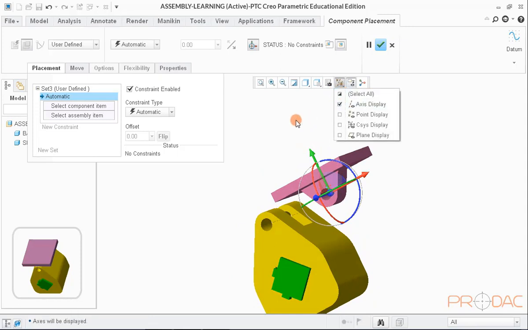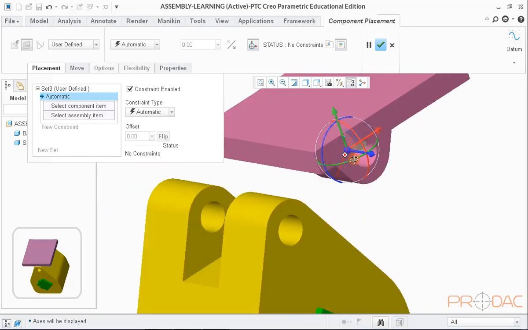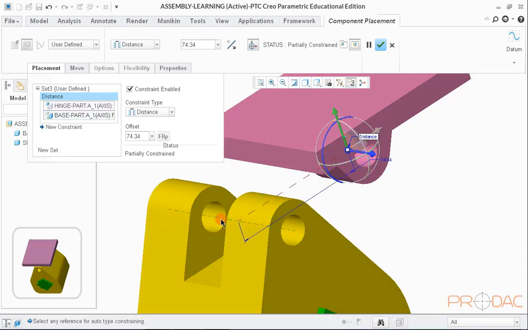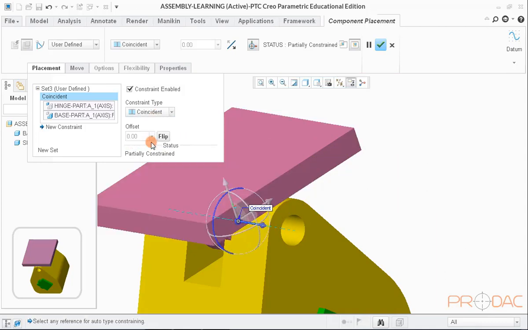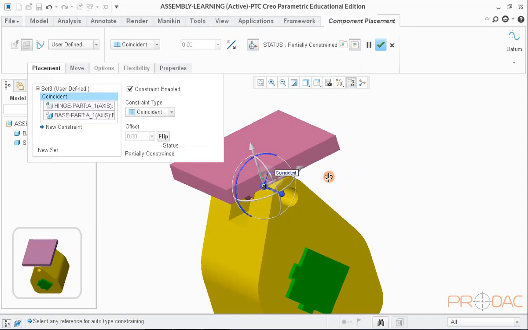Now, select the axis of both the parts one after another, and change the constraint type to coincident. So, this was axis-to-axis mating. Now, we'll delete this constraint and switch back to surface-to-surface mating constraint.